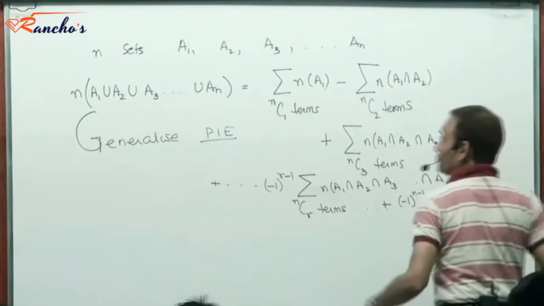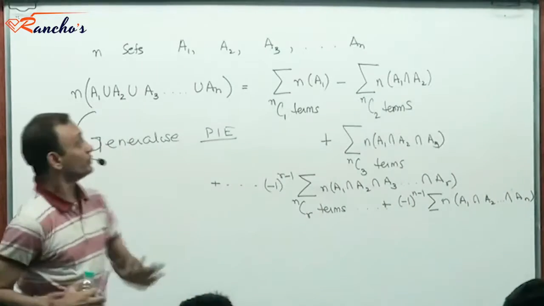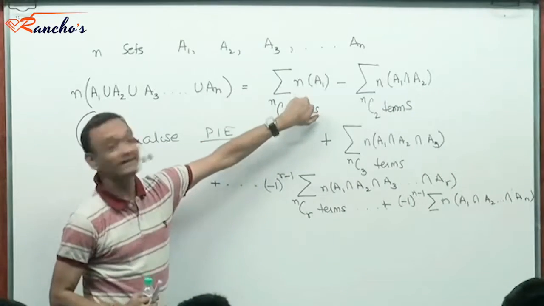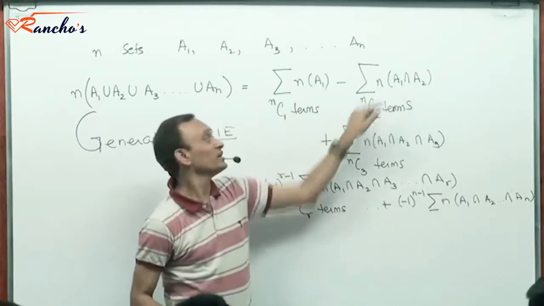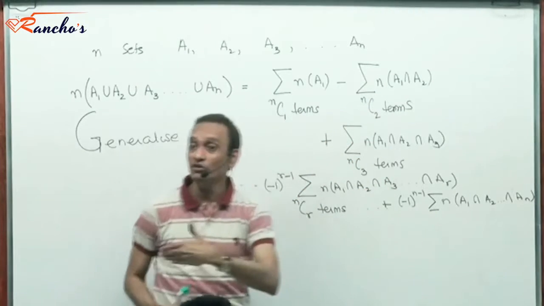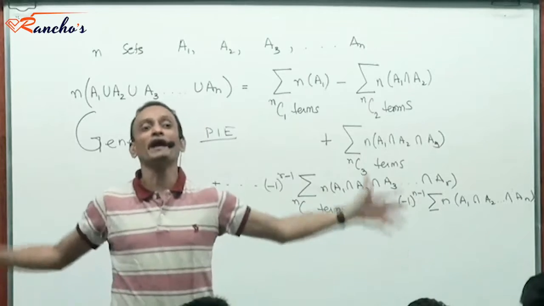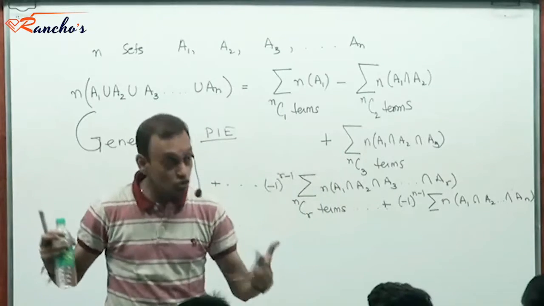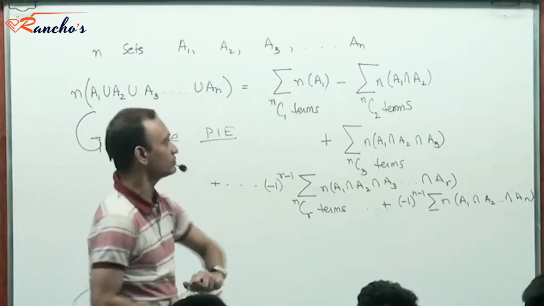Now it's a very powerful tool in counting, as you can see. You do a total count and then you remove the excess counts, you restore the count. You remove the excess count, restore the count. You keep doing that alternately to get the actual count, right? So a very powerful tool in counting, therefore.